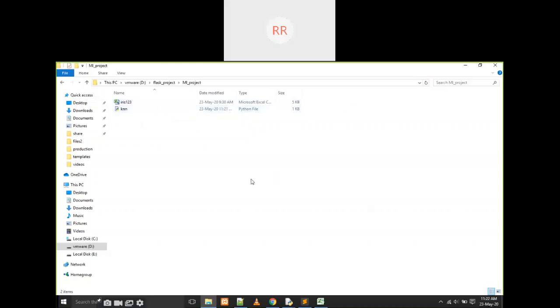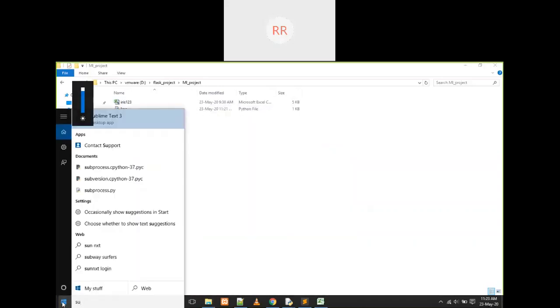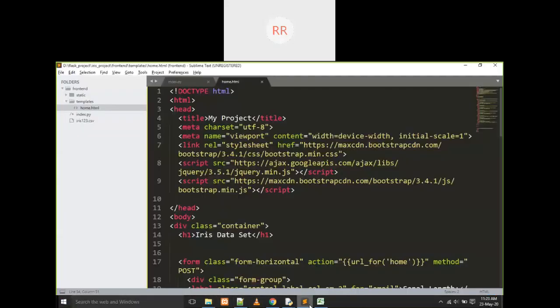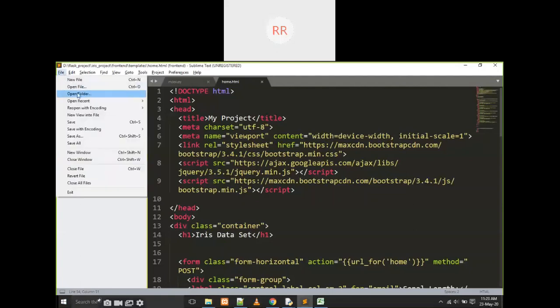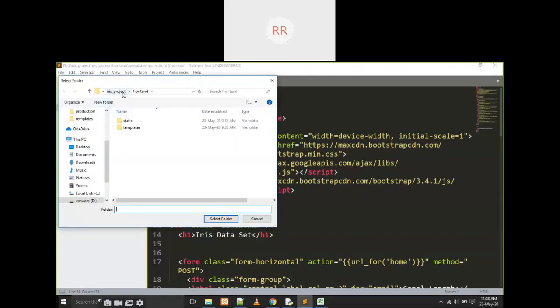Now I am going to open it in Sublime. It is not opening. I am going to edit in the Sublime text editor, open folder.